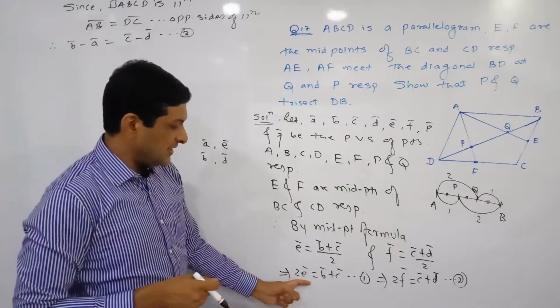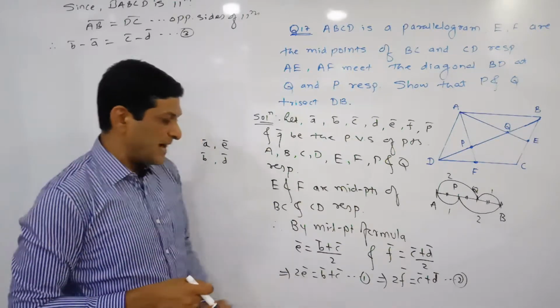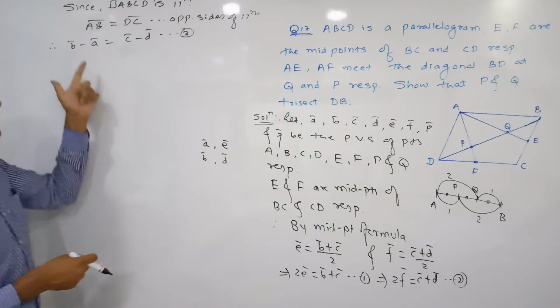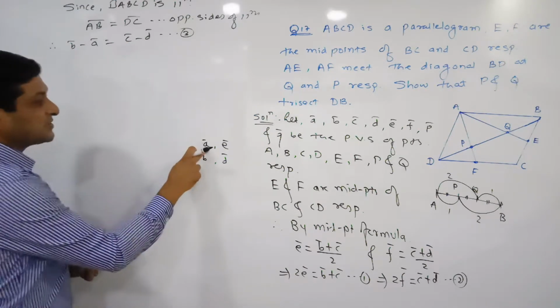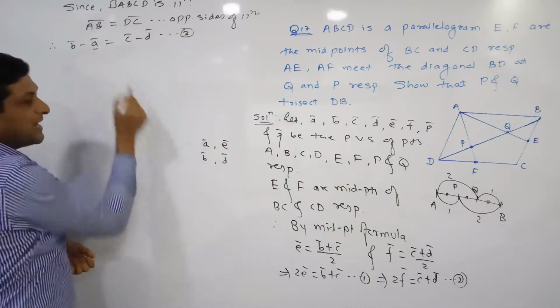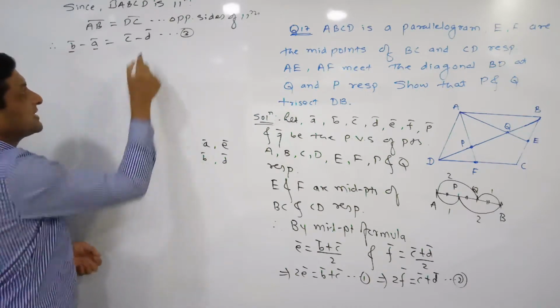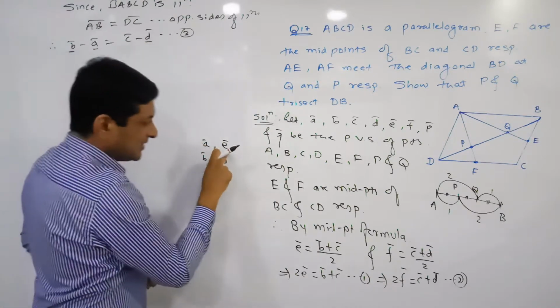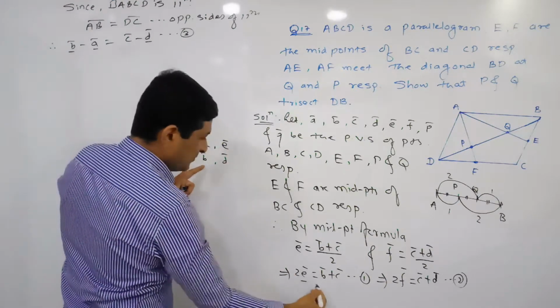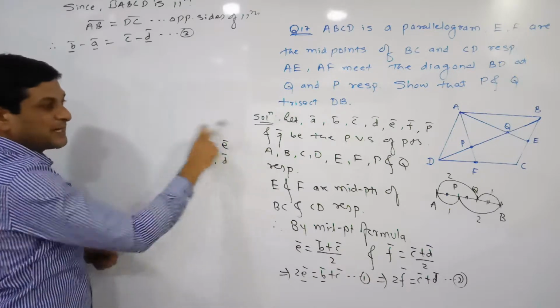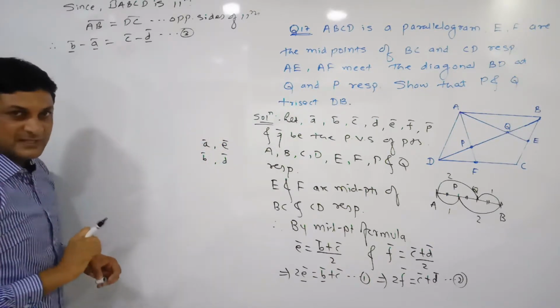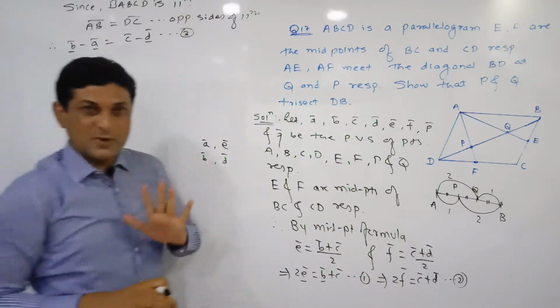So here AE bar appears, B bar and C bar are also there, and in this equation B bar, A bar, C bar, D bar are there. Now A bar is a required term, we will also require B bar and D bar. Again, here E bar is a required term, B bar is also required. Which vector does not appear in our required result? C bar does not appear, isn't it? So hope you are getting it.